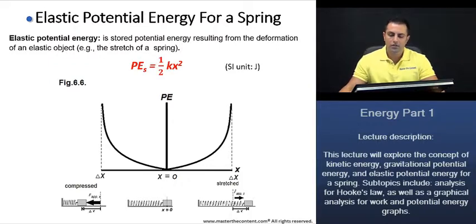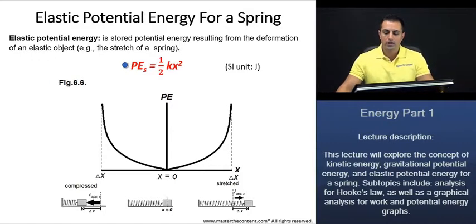Wonderful. Elastic potential energy for a spring. Now let's begin here by reading our definition. Elastic potential energy is stored potential energy resulting from the deformation of an elastic object, for example, the stretch of a spring. If we recall, work was just the transfer of energy, right? So here we have the potential energy for a spring, right? Which is equal to the work done on the spring, which is 1/2 k x squared, which is just from